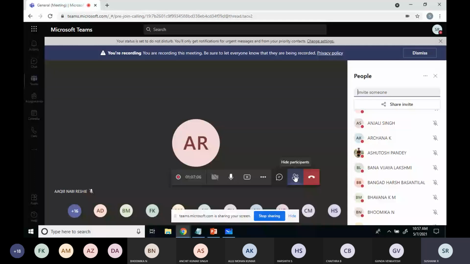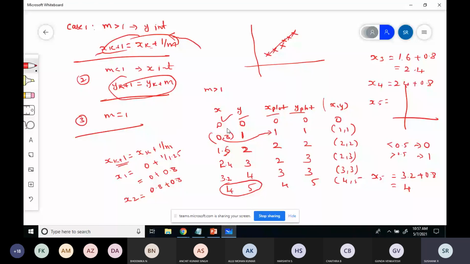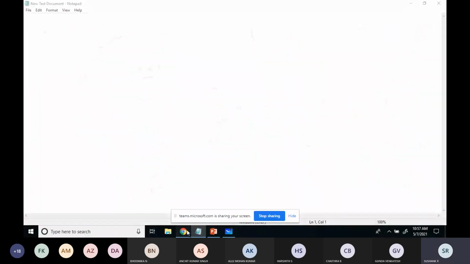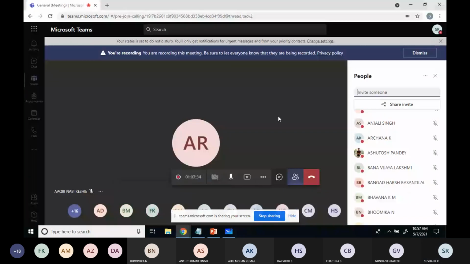Any doubt here? This process will be repeated till you meet the end of the line. You'll start with the beginning point of the line, and the process repeats till you meet the end of the line. For example, here I started with 0, 0, and I repeated the process till I found the end of the line, because the end of the line was given as 4, 5. So the initial point was 0, 0, and the final point was 4, 5. Any doubt with respect to this? Are you following this or not?